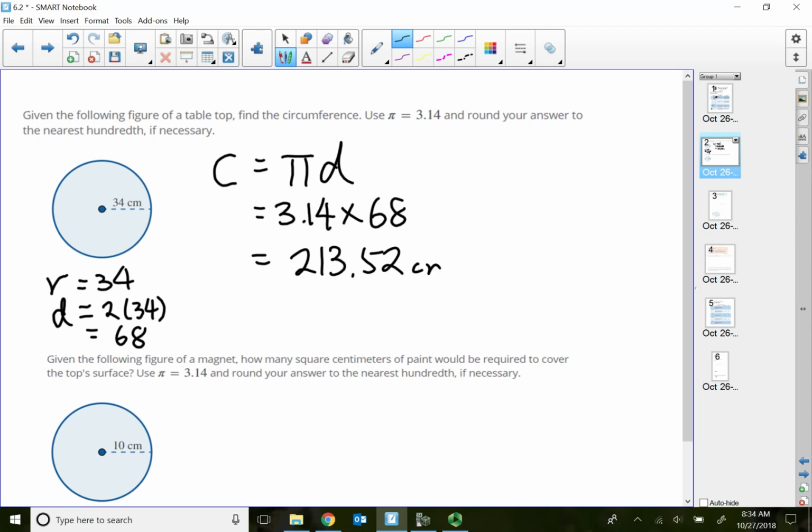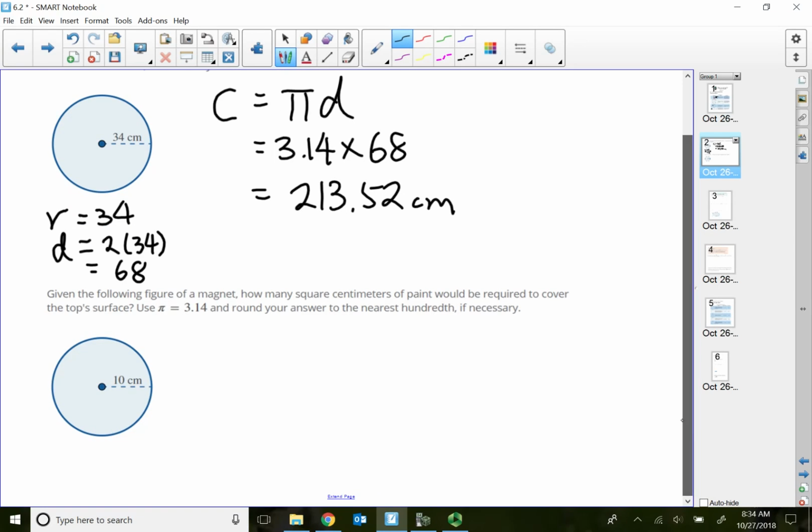Centimeters. All right, let's practice the area formula. Given the following figure of a magnet, how many square centimeters? Whenever we see the word square in geometry, that means finding the area. So let's find the area. The area of a circle is pi times radius squared, so that will be 3.14 times